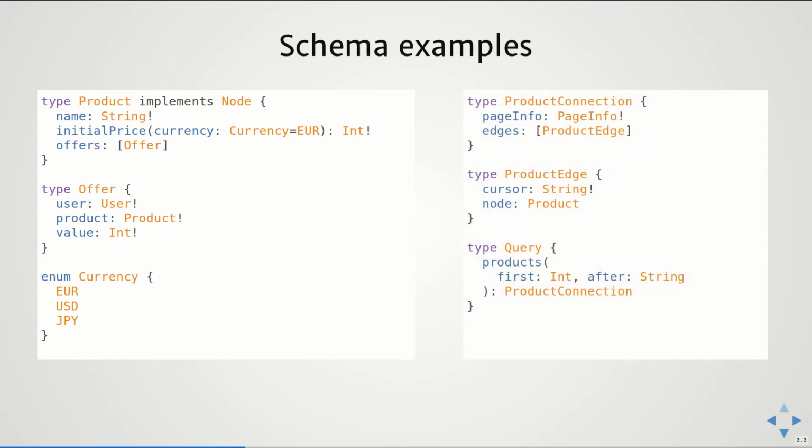It also includes some interface for pagination, which is composed of things like connection, edge, node, and page info. It goes like this. When you request a collection of items that should be paginated, you actually get a product connection, which contains information about the current page, so all the cursors, information whether there is anything left after this page, and edges. And for each edge, you get an actual object that you want and a cursor for this object,